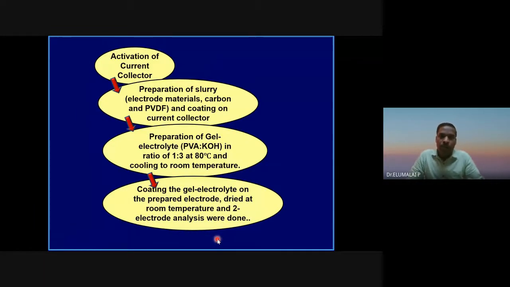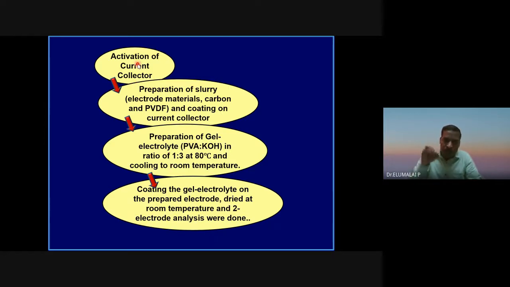Okay, this is the general protocol to make a solid state supercapacitor or flexible supercapacitors. Many a time supercapacitors are required to be integrated with circuits. Circuits are bendable, wearable, flexible, etc. For that, if you have a coin cell, it will not be possible to bend it. You need to have a flexible supercapacitor so that along with the circuit, it can be bended or maybe wearable. So for that, preferably you need to have a carbon cloth.